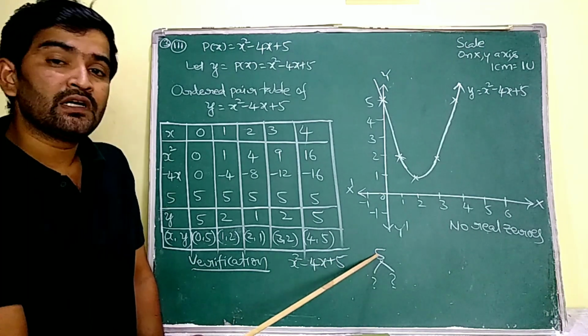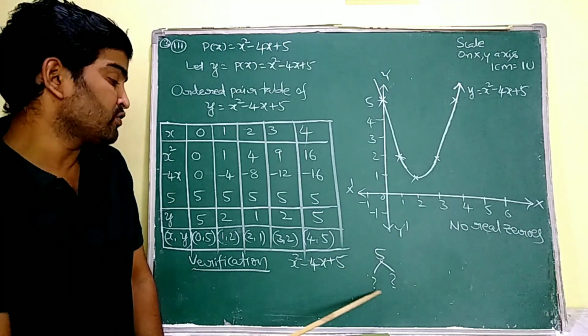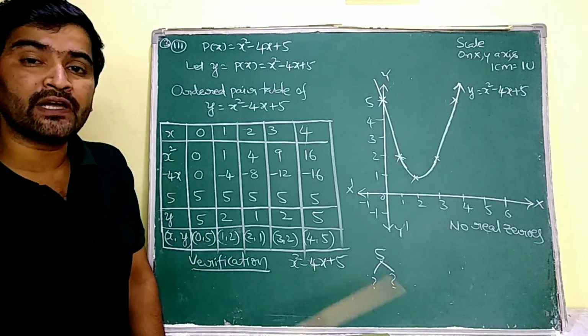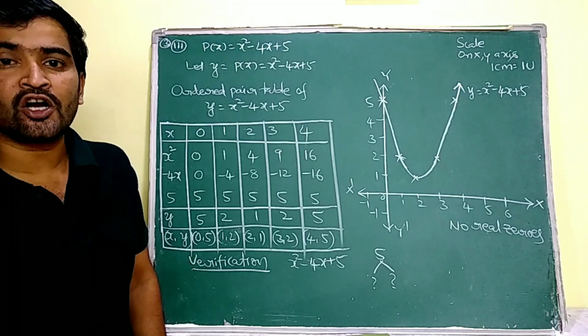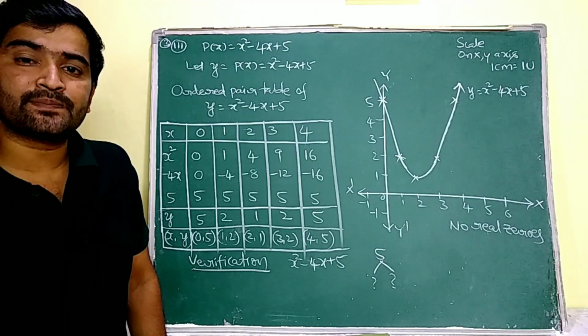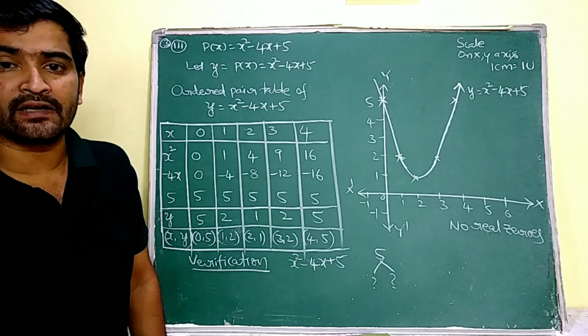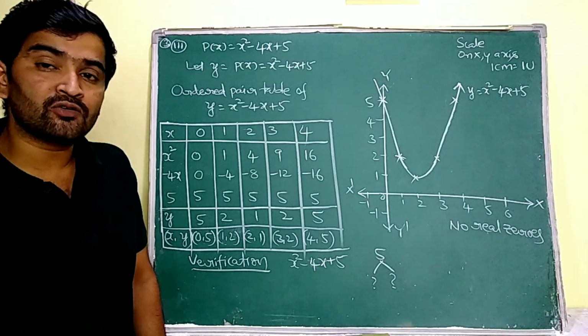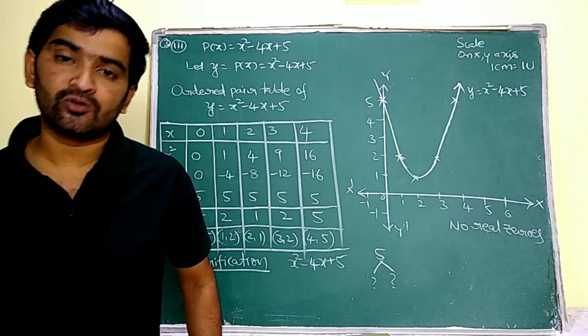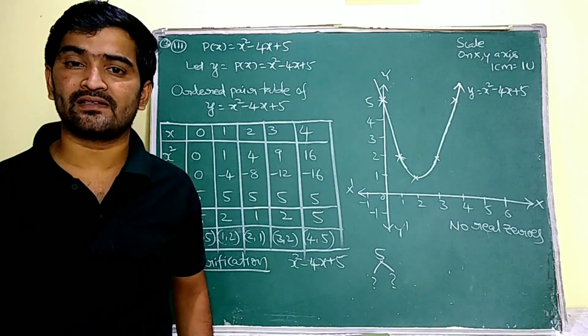Here, one scheme, it's a very important one. 5 ones are 5. Now 5 is going to be split into 2 such that whose product is going to be 5 and whose sum is going to be minus 4. It is not possible here. Why? Because this 5 is a prime number. This can be expressed in only one way, that is 1 into 5. So, here we are not going to get minus 4. That means it is having imaginary roots. That means it does not touch the x-axis.